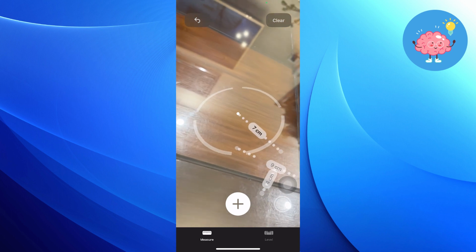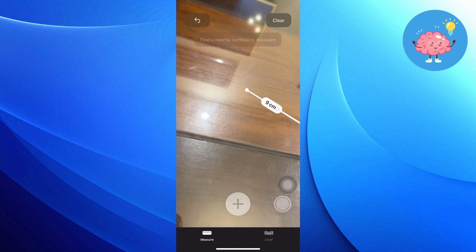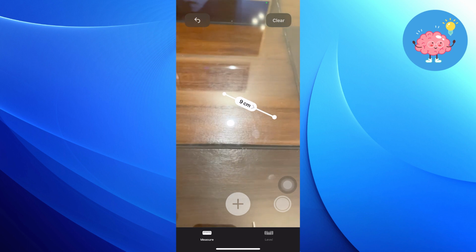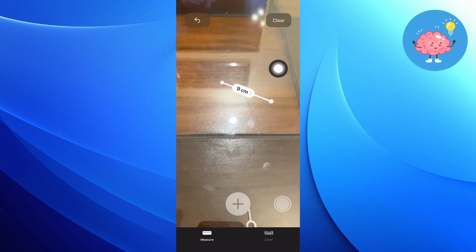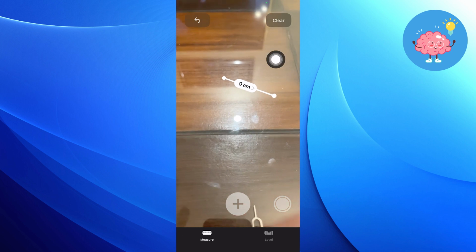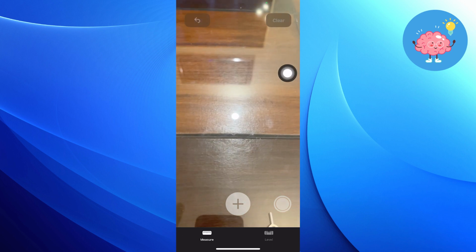The accuracy of measurements using the Measure app may vary based on factors such as lighting conditions and the steadiness of your hand. It's not intended for precise professional measurements, but can be quite handy for everyday tasks like measuring